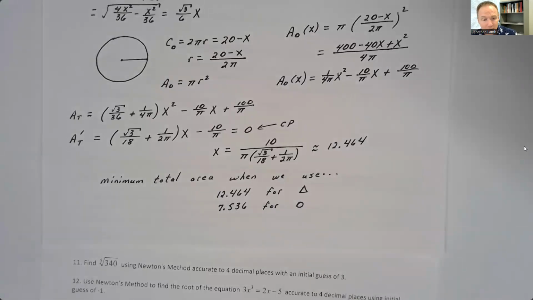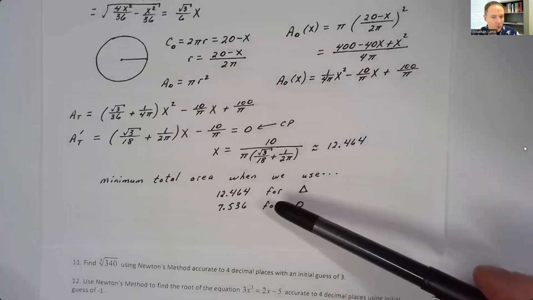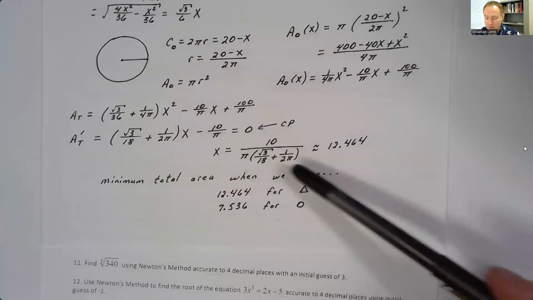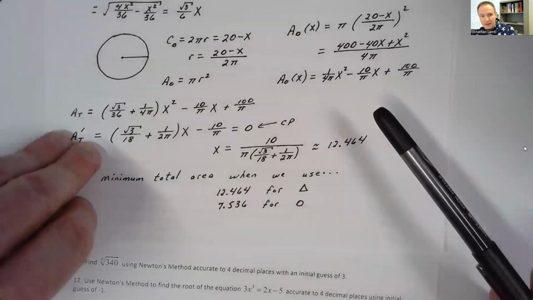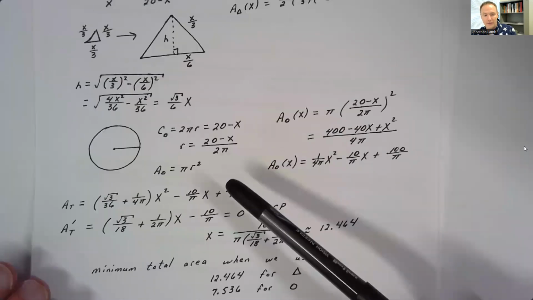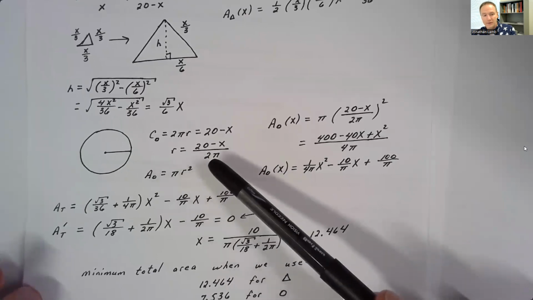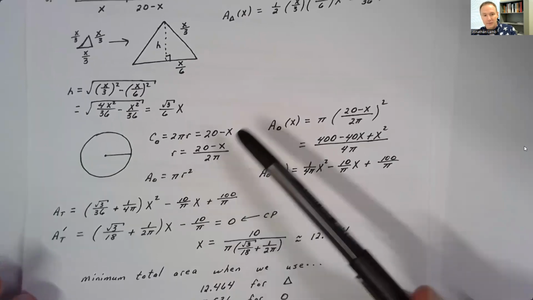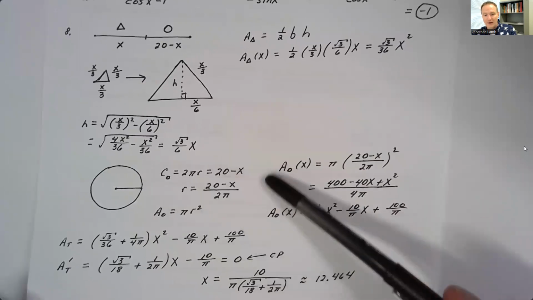And on this test, for the last 2 problems, I did say otherwise to 4 decimal places. But this one, 3 is more than enough. So that's probably the trickiest problem on the test. Please make sure you go back and understand the different components. You'll have to get the area formula for the triangle, area formula for either a circle or a square. So if I had done triangle and square here, you'd have just said, well, 20 minus x is the perimeter